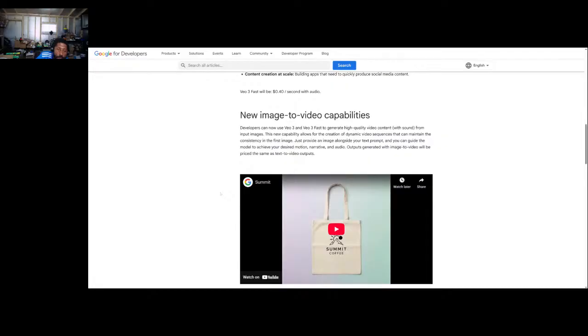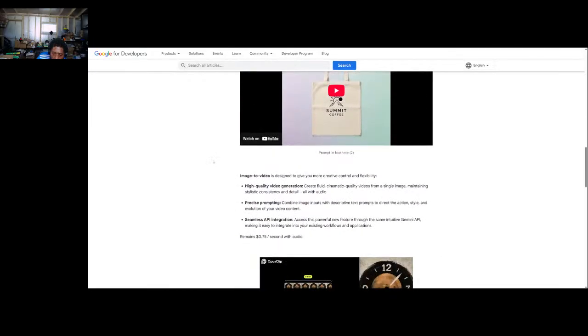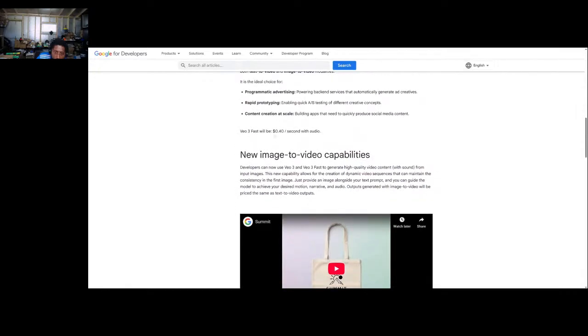All right. So now developers can use VO3 and VO3 Fast to generate high quality video content with sound from input images. This new capability allows for the creation of dynamic video sequences that can maintain the consistency of the first image, which is dope. Just provide an image alongside your text prompt, and you can guide the model to achieve your desired motion, narrative, and audio. Outputs generated with image to video will be priced the same as text to video outputs, which I'm okay. So it is 75 cents per second with audio, which this one is 40 cents, and